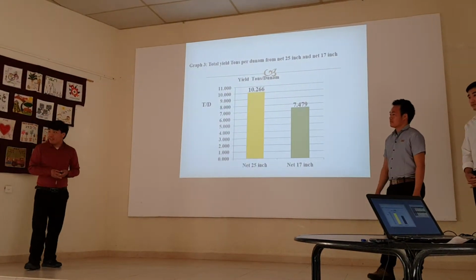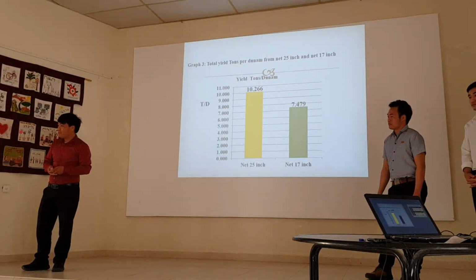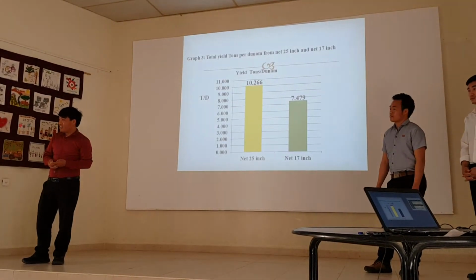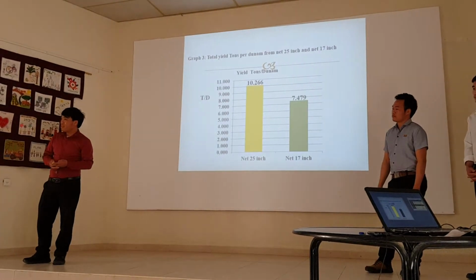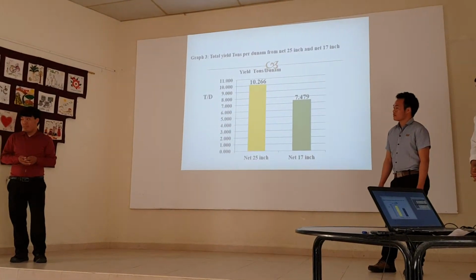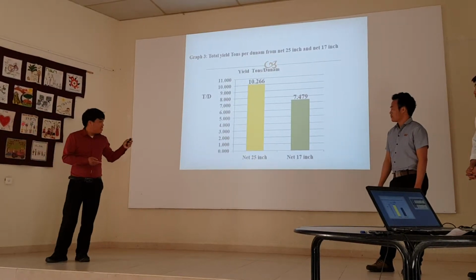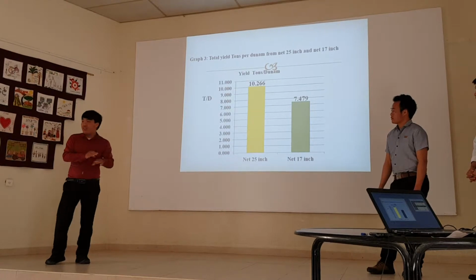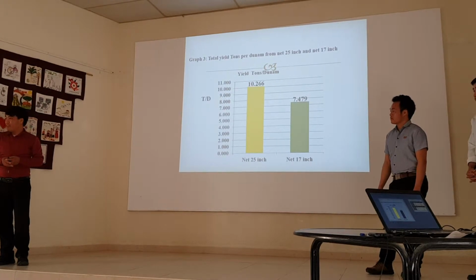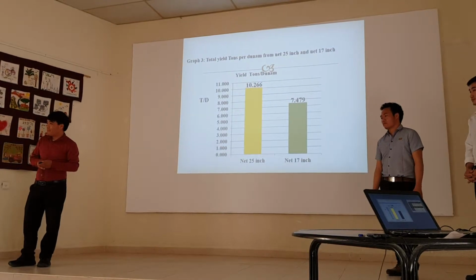The first reason: the net 25 is 25 seeds like this per inch, per 2.5 centimeters. Then is it more light or less light? If you have 25 or 17, where does more light come in? Where does more sun come inside? I think 25 inch is small light. Okay, this is the start. Yes, small light. This is the first step. Now, when less light comes,